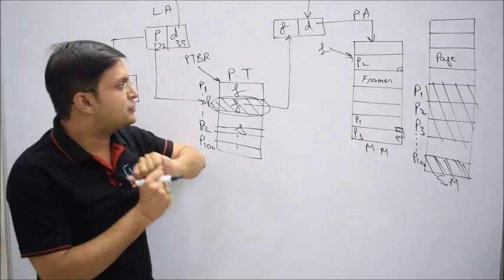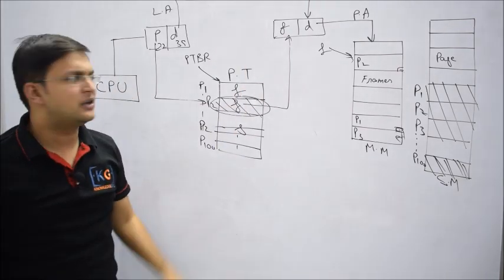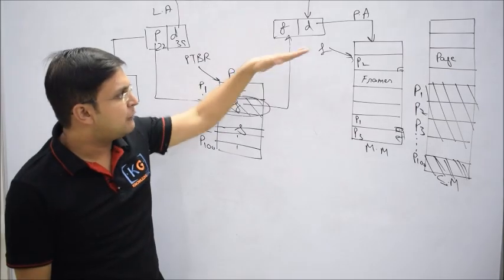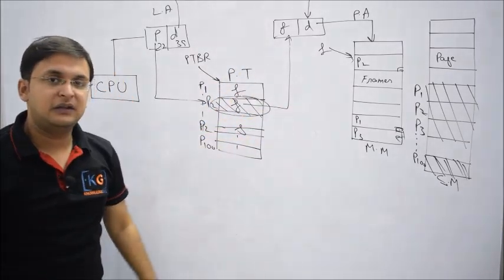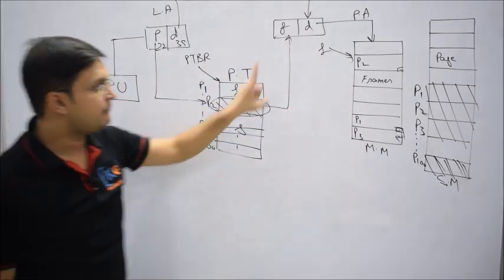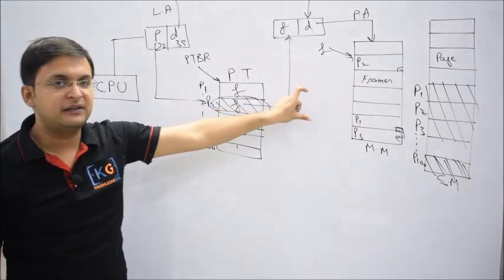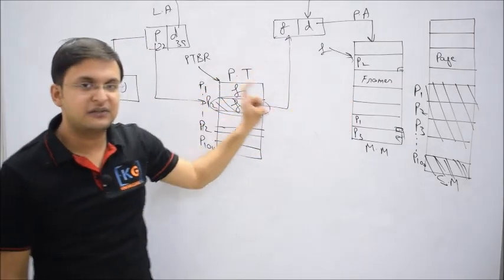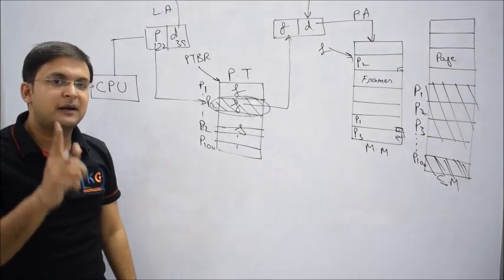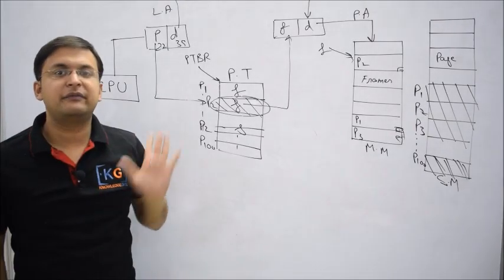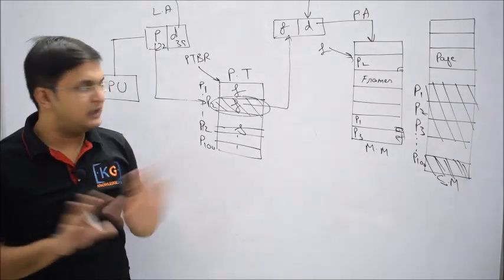Advantages. Now there is no case of what? External fragmentation cannot happen at all, because you have a non-contiguous policy. Disadvantages, you see. Again, is paging a variable size or a fixed size partitioning scheme? Now it's a fixed size partitioning scheme, and if it's a fixed size partitioning scheme, again you have to suffer from what? Internal fragmentation.